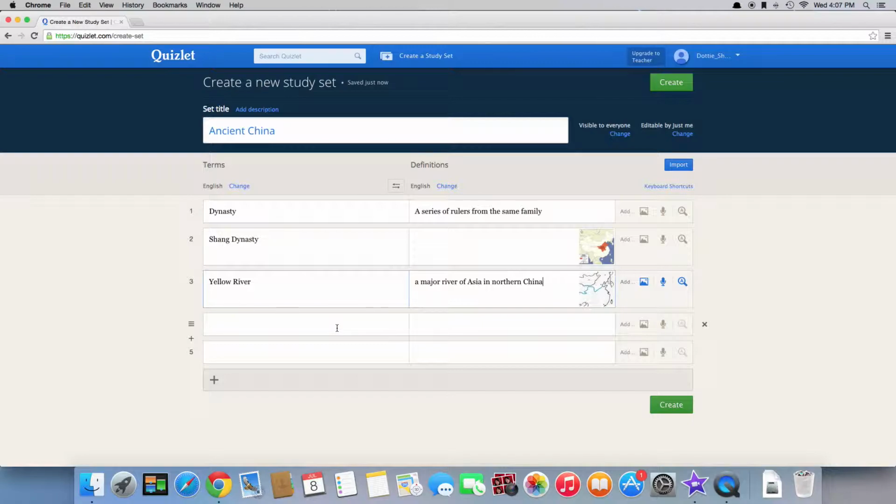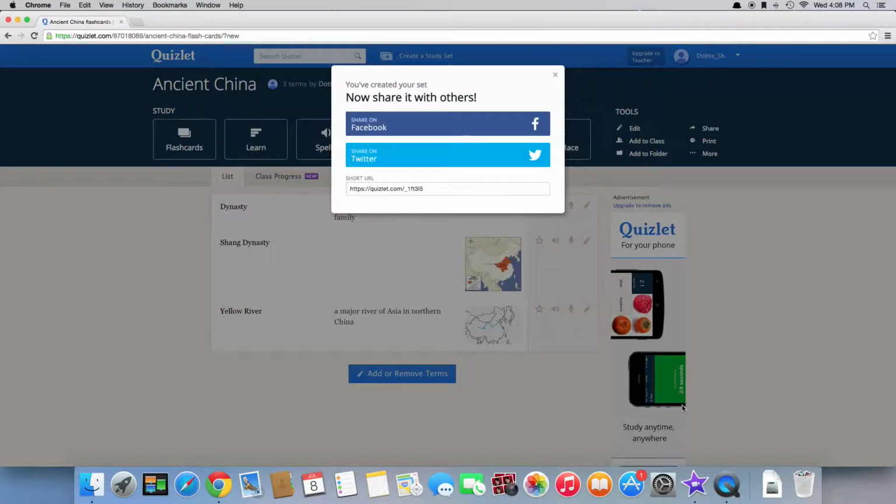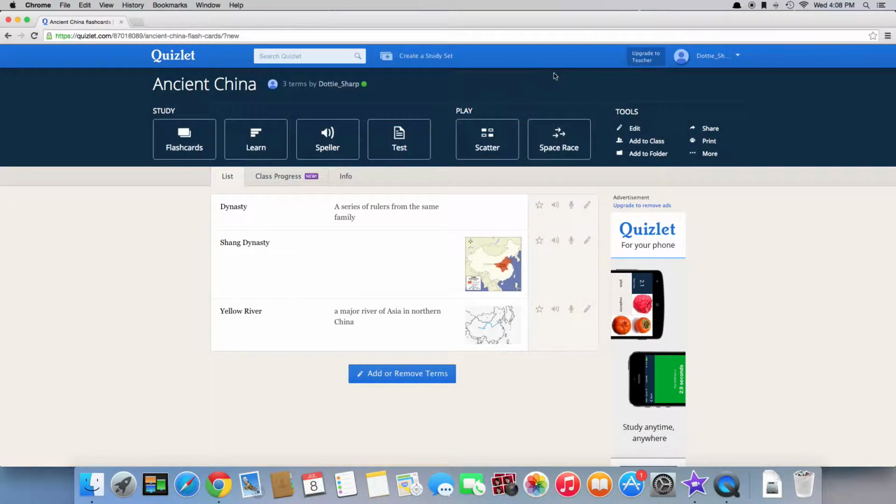And I can read my information, and then of course I want to share it back with my teacher. So I'm going to go ahead and create this with these three terms. And now I have an option to share the URL with my teacher via email or Facebook or Twitter, depending on what they might use. They might want to share it with a friend. If I am doing this, having kids do this as an assignment,